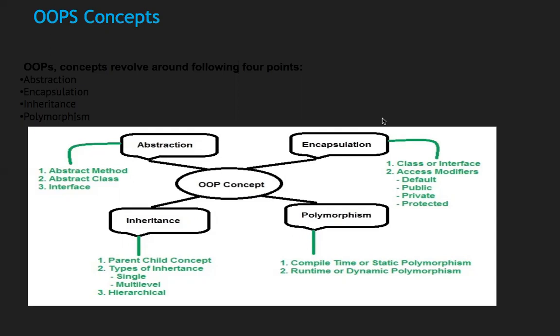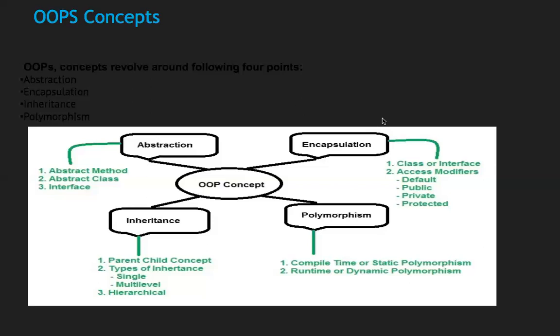So let's see what the different object-oriented programming concepts are. There are mainly four concepts: abstraction, encapsulation, inheritance, and polymorphism. Generally we say these are the four pillars. Just as four pillars are really important to construct a room, a building, a flat, or an individual house in the real world, it is really important to understand these four concepts before we move further into the world of OOPS.